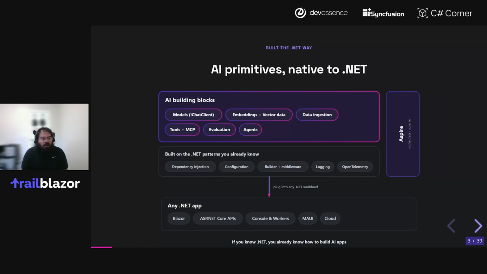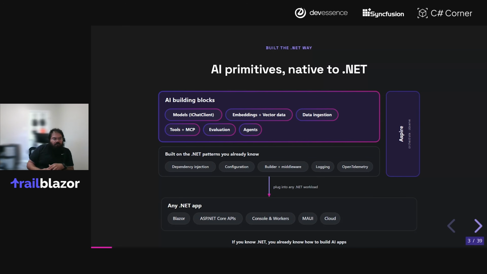Right? And so we have a set of primitives that we're building in .NET, and one of the things that we want here is we want them to feel native to .NET, right? So we ship all of these things that you're going to need for your application as primitives, and so where possible, right? If you're already familiar with patterns like the builder pattern and middleware and logging and OTel, dependency injection, right? A lot of those patterns are reused, and we try to make these primitives feel native to the platform, right? So a lot of the skills that you already have, right, just kind of tend to carry over to when you're building with these different primitives for AI.